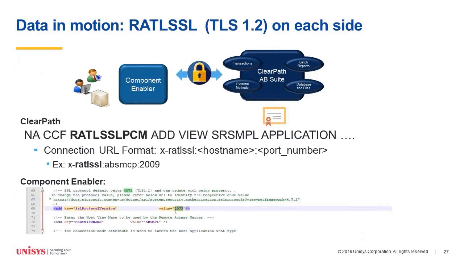It's pretty straightforward to configure. I just showed some snippets here to anchor what you need to do when you use this feature. You update your CCF file, whether you do that by hand or through mark commands. Instead of rattle PCM, you use rattle SSL PCM, and that's pretty much straightforward. Then you percolate and reuse the URL there to change to the rattle SSL